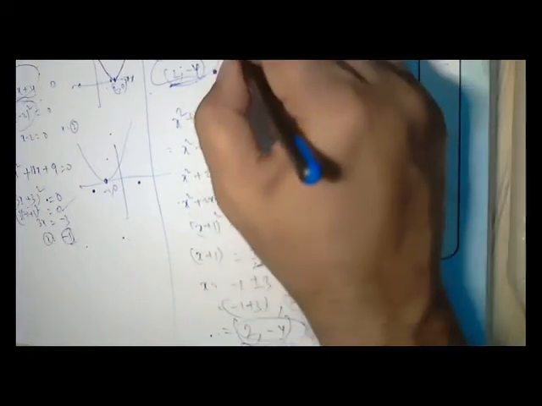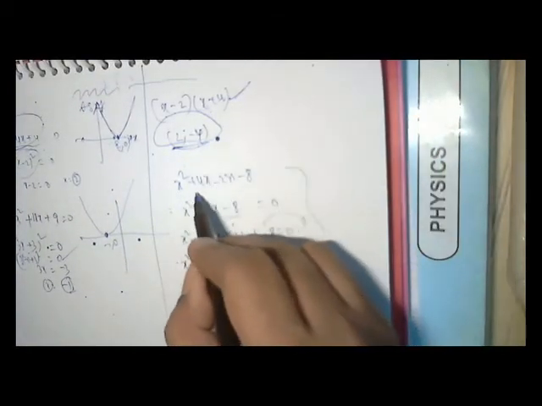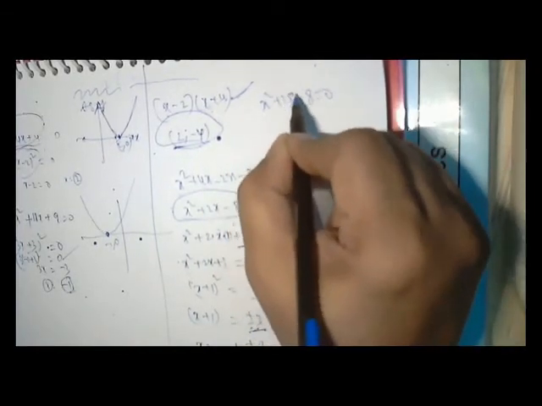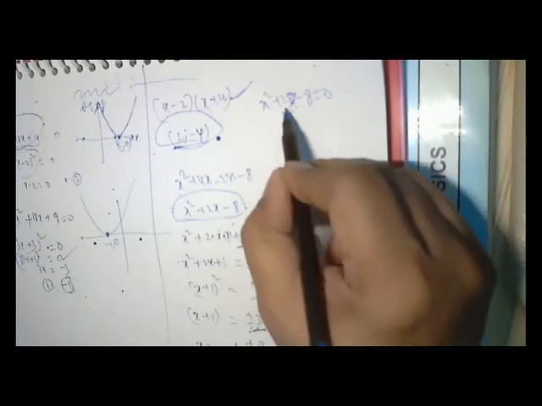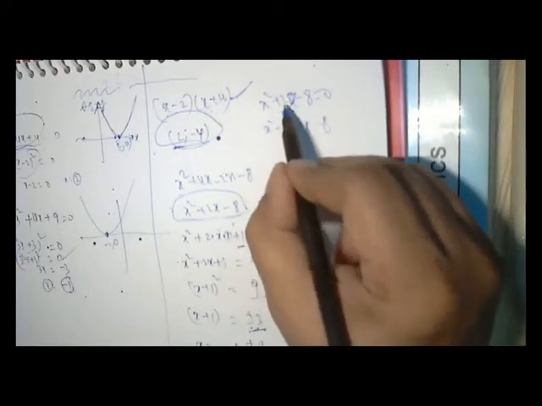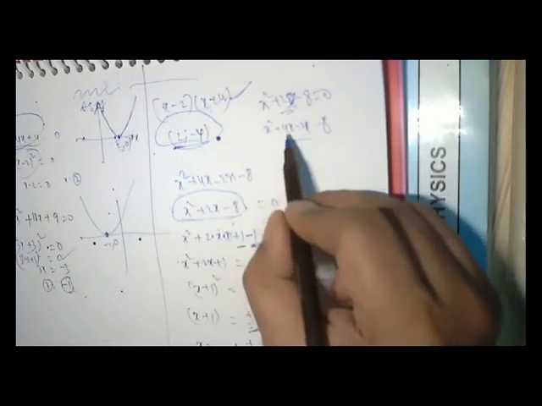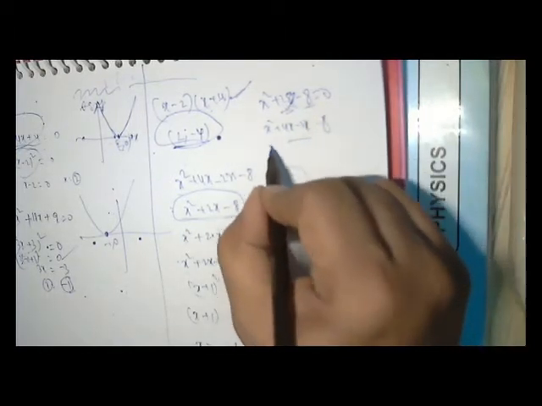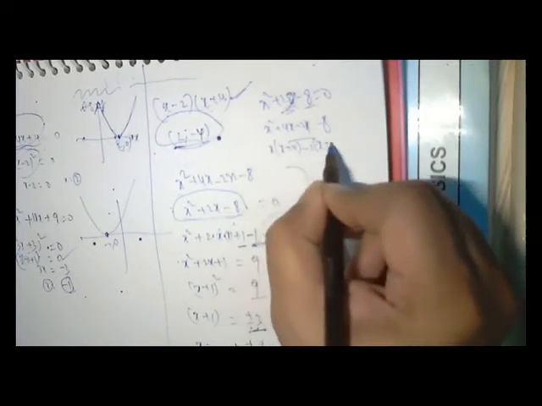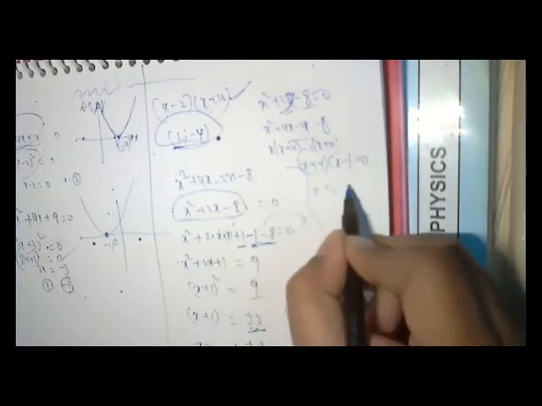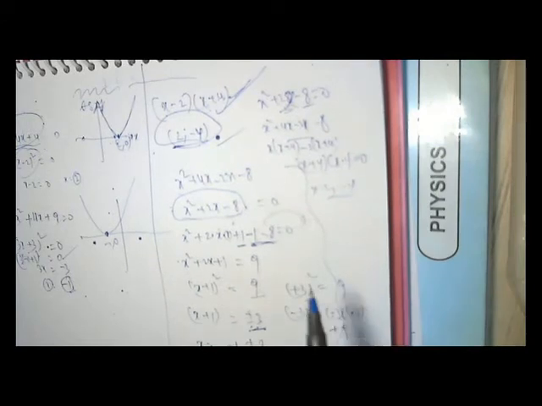What we have done now is the factorization method. When we convert this quadratic into factors, suppose this is the quadratic: x square plus 2x minus 8 is 0. So I want two numbers, 4 into 2 is 8, with plus 4 and minus 2. So x square plus 4x minus 2x. I am splitting the center term into plus 4x minus 2x. Why? Because 4 minus 2 is 2, and 4 into 2 is minus 8. This is c. When I do this, x into x plus 4, minus 2 into x plus 4. So x plus 4 into x minus 2 is equal to 0. So x is equal to 2 or minus 4. Same. So this is the factorization method and this is the squaring method.